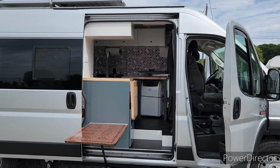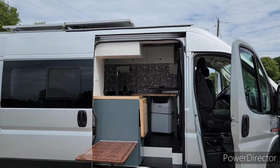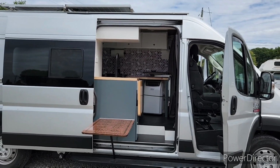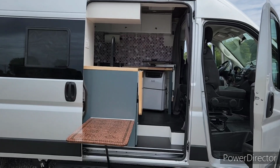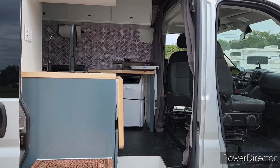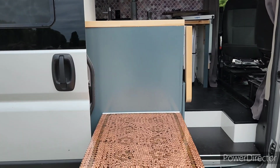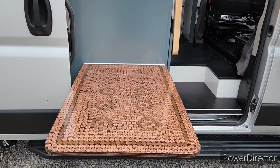Alright, we're going to do a quick little video of another finished project here. This is another Ram ProMaster 2500 159. As you can see here, this lady brought us this van. She had built her own little penny table. Originally it was supposed to be on the inside of the van, but it was a little bit too big, so we cut it down just a little bit and then put it here on the outside